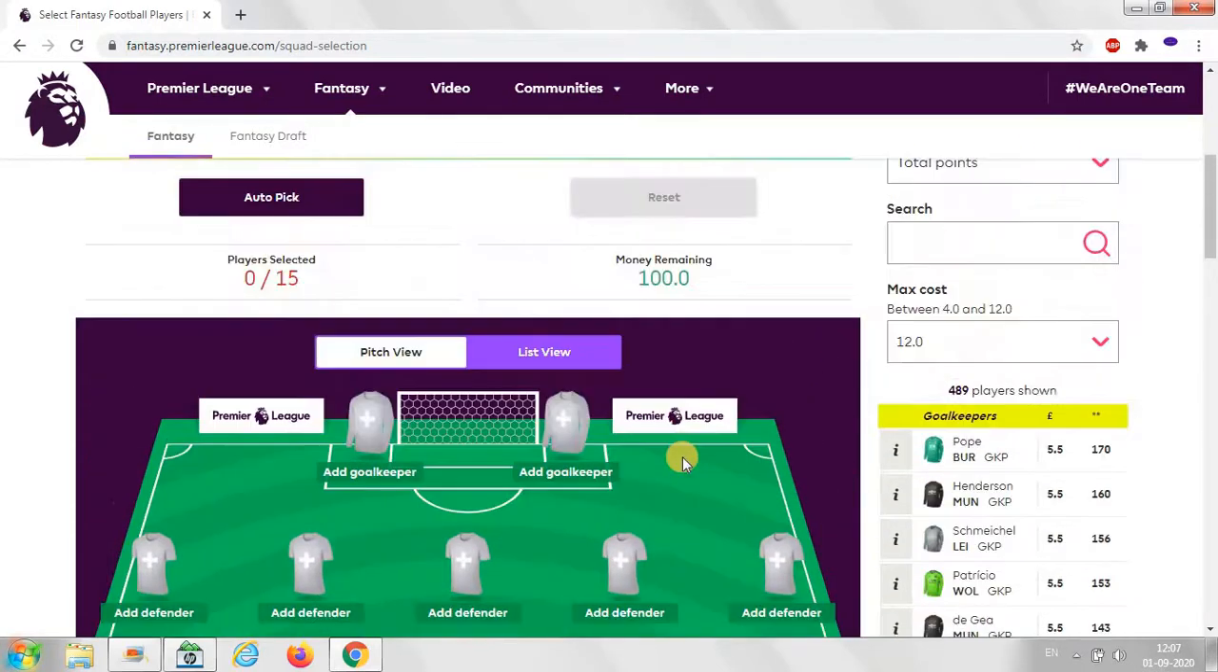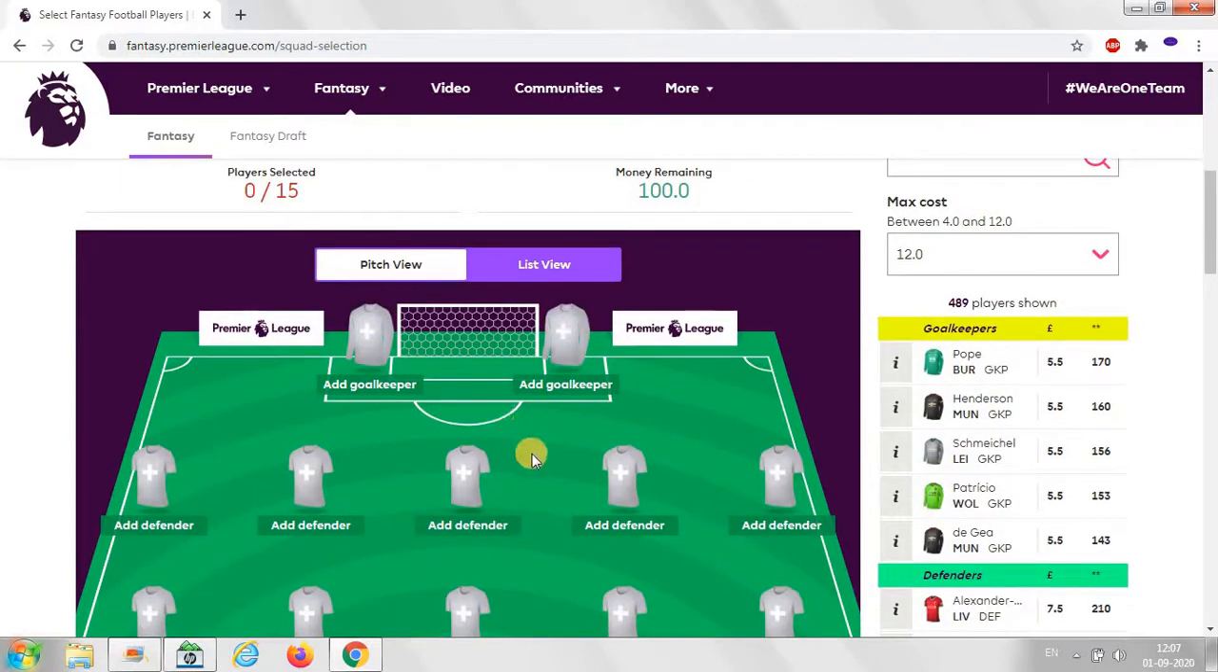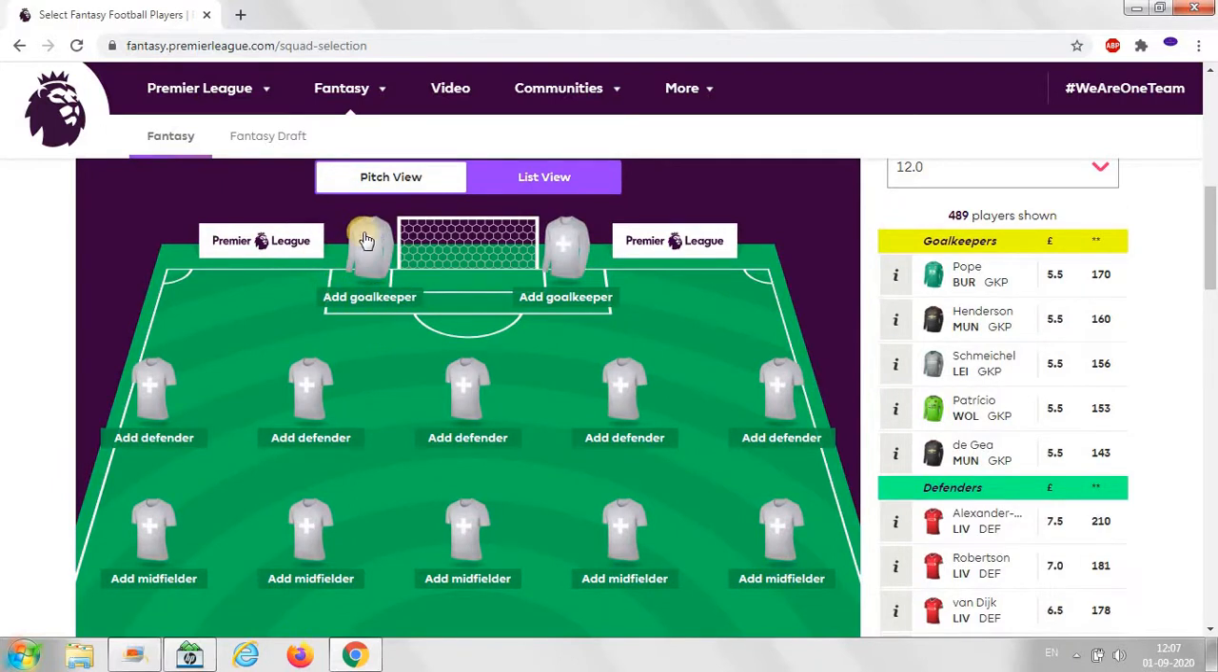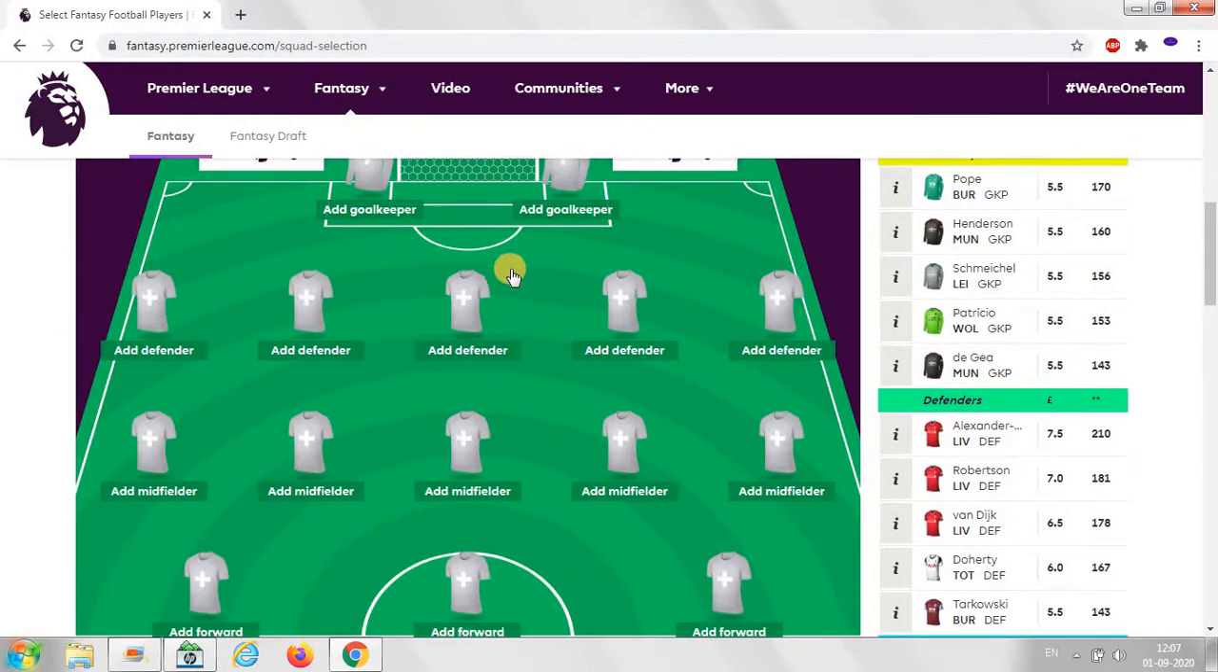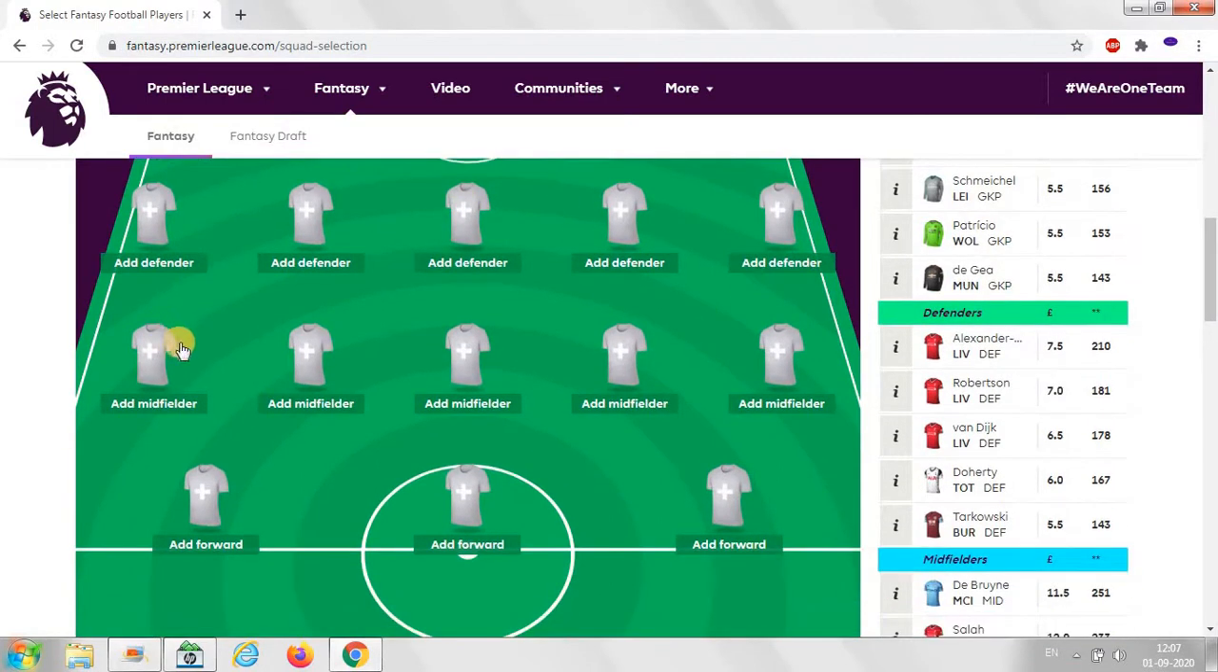Basically, if you ask me how to create it, I will pick a goalkeeper of high price and a goalkeeper of low price, and 3 defenders of high price and 2 defenders of low price. And basically, when you look at the trend in the last 2 to 3 years in the Premier